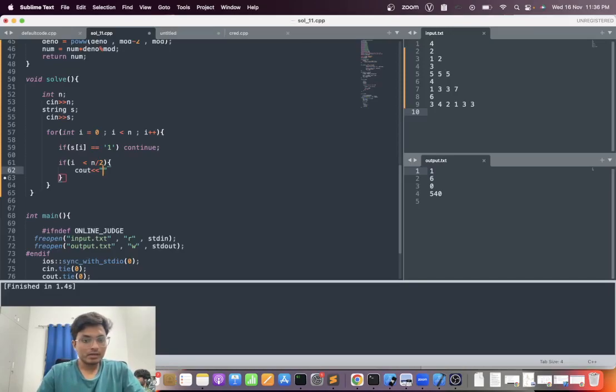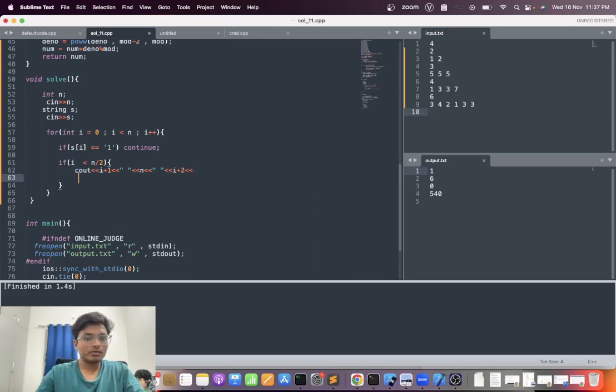So L1 R1 will be, L will be from i plus 1 to n, and the second one will be from i plus 2 to